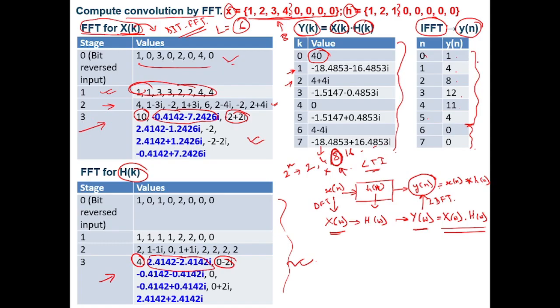Now you do the numerical. If you have any doubt, you can ask me. You have to first find out the FFT of x of n. Then you have to find out the FFT of h of n. The intermediate values at different stages are given. Then from there you have to perform the pointwise multiplication of x of k and h of k, and after you have done that, then you have to perform the inverse